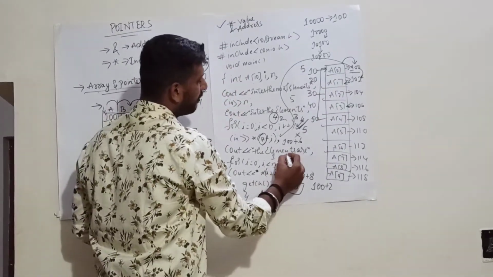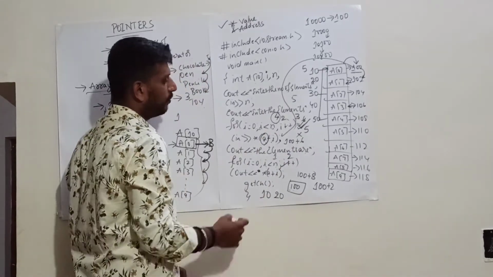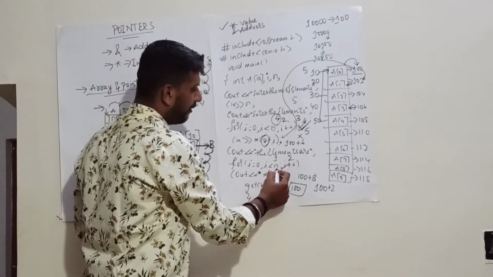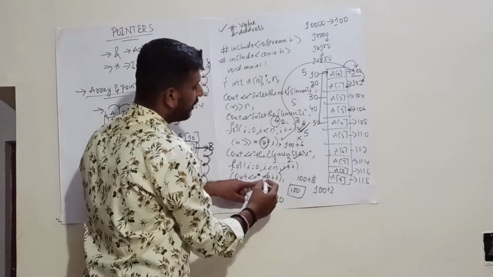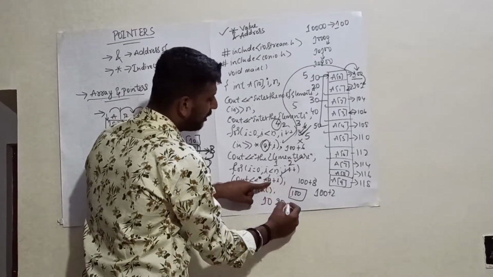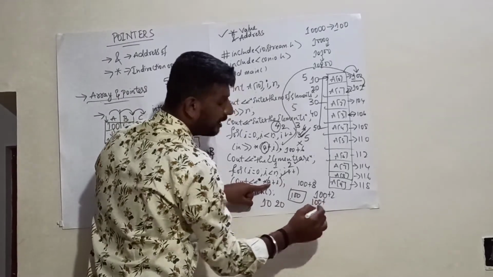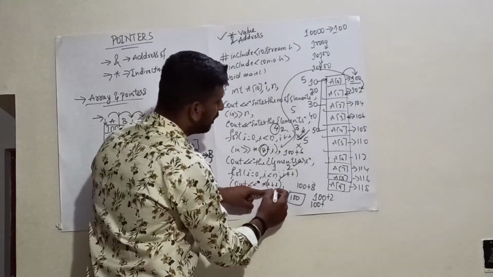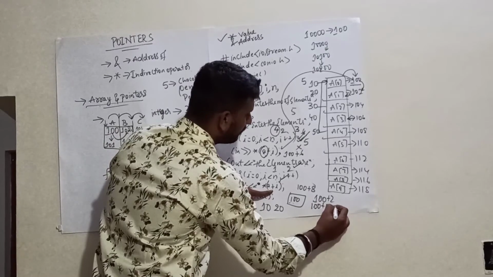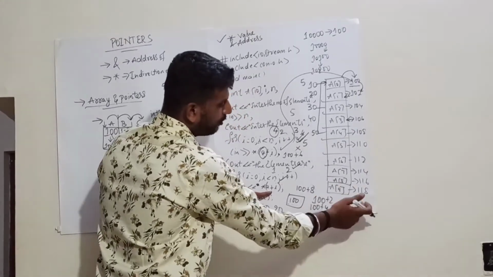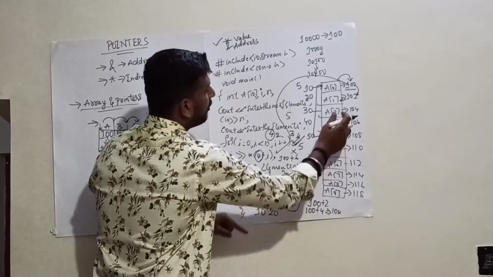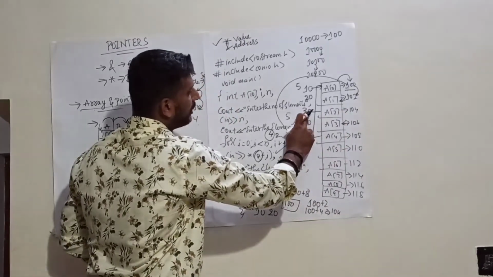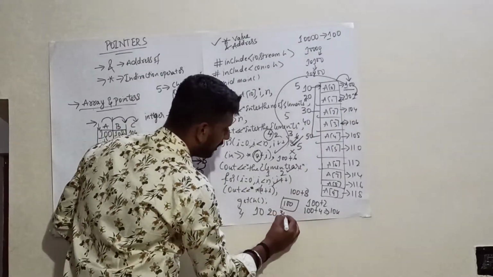Again I value gets incremented. I value now becomes 2. 2 is less than 5. It is true. So what happens? You are displaying the third value, that is star of a value is 100. I value gets incremented in the steps of 2. So 100 plus 4. 100 plus 2 was the last value. Now 100 plus 4, it is nothing but 104. So whatever the value you have at 104 gets displayed. So that is nothing but 30.